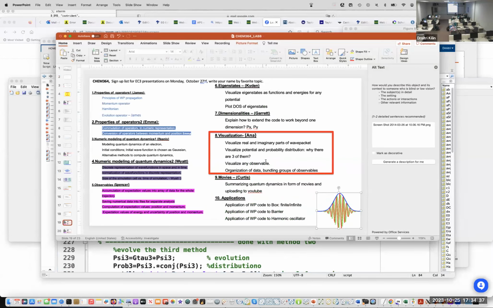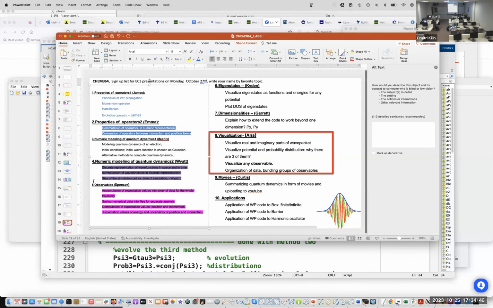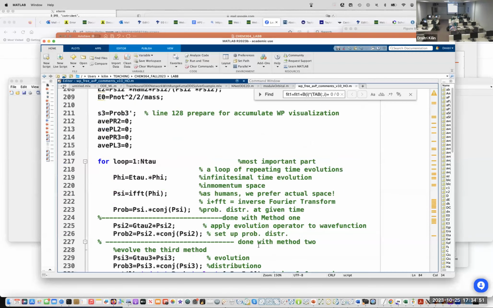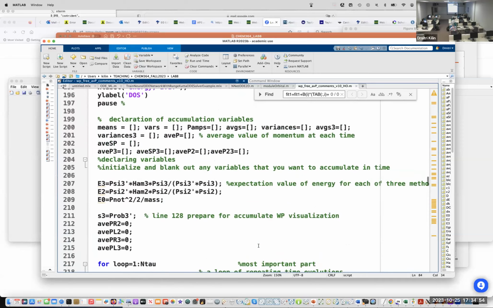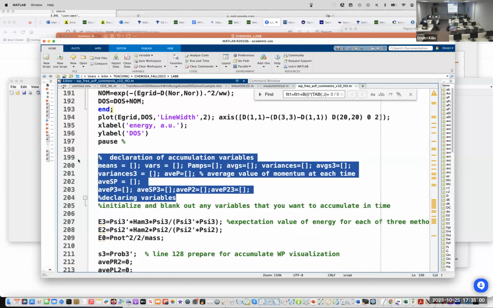Okay, what is next? Visualize any observable. Now it gets connected to the question to Spencer. There is a part of the script that declares observables that will be saved along the trajectory. What I'm telling is equally important for both Anna and Curtis.